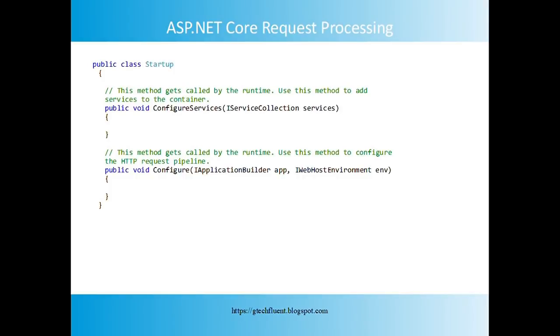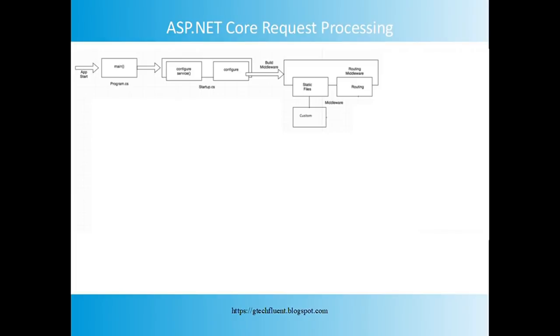We will be revisiting these two methods several times as we progress with this video series, and we'll discuss them in detail. The next stage in request processing is middleware. A middleware component is used to set up the request processing pipeline in ASP.NET Core. This pipeline determines how the request is processed. It is configured as part of application startup by the Configure method in the startup.cs file. We will cover more detail in our upcoming videos on middleware.